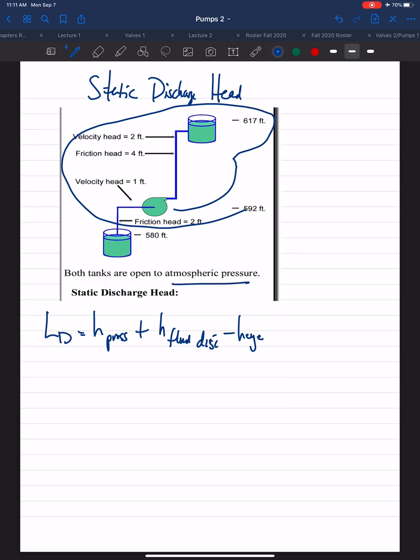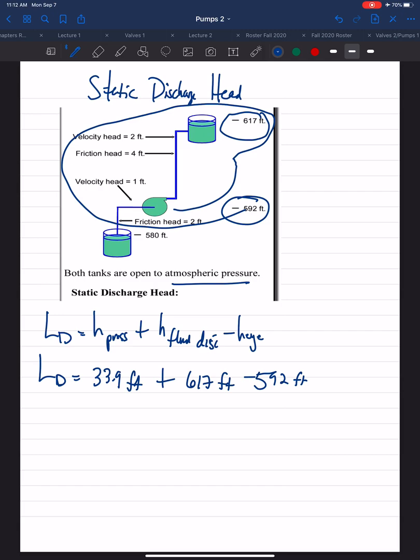It's the key word there. So atmospheric pressure, we said, is 33.9 feet of water. The fluid discharge level is 617 feet. The height of the eye, minus 592 feet. So the static discharge head, L sub D,